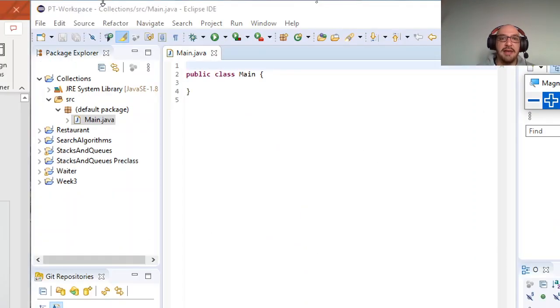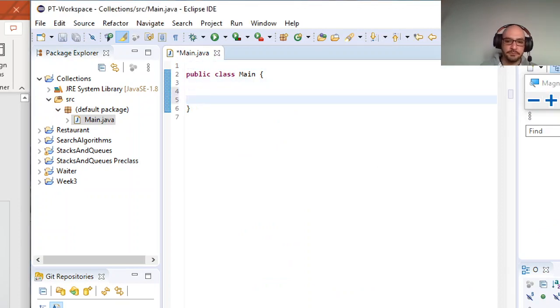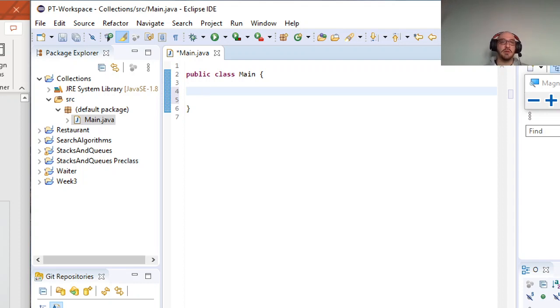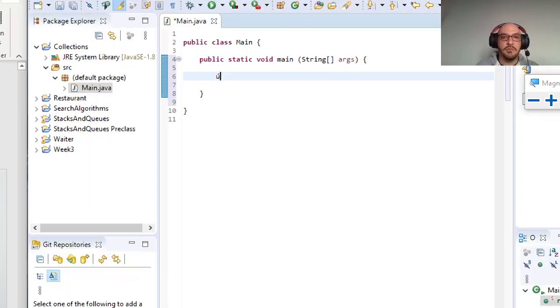So I just have a brand new project in Eclipse called Collections, and I just have a main class in there. I'm just going to add a main method. Once I have the main method in there, then I can start using a set. Just to use a set is just as easy as saying Set. For example, my set is equal to a new, and I'm going to use one of the implementations, which is